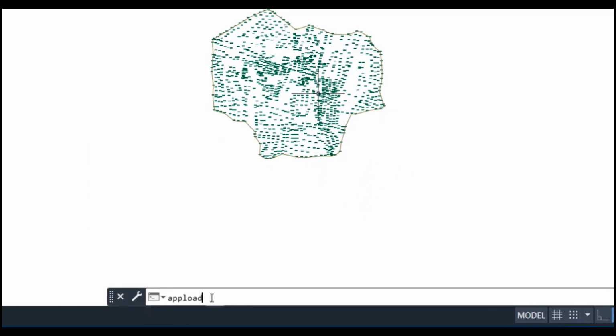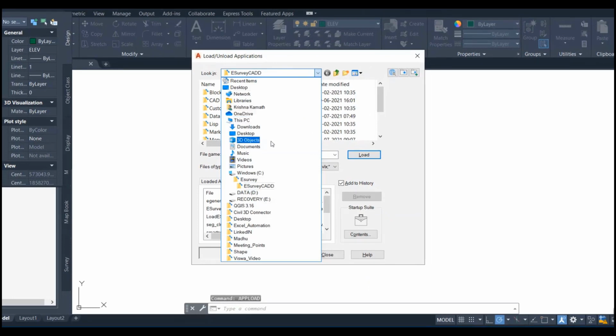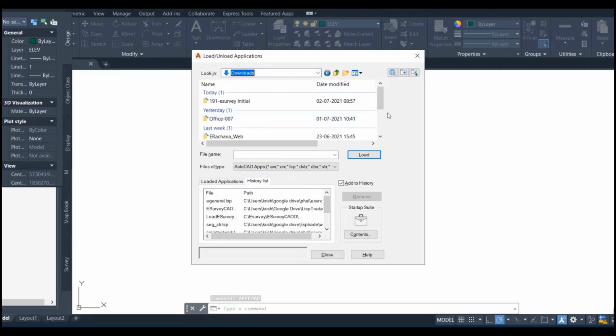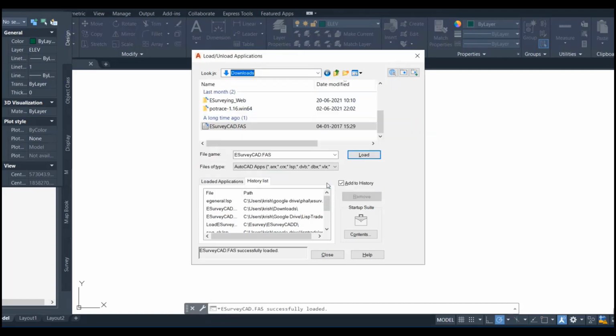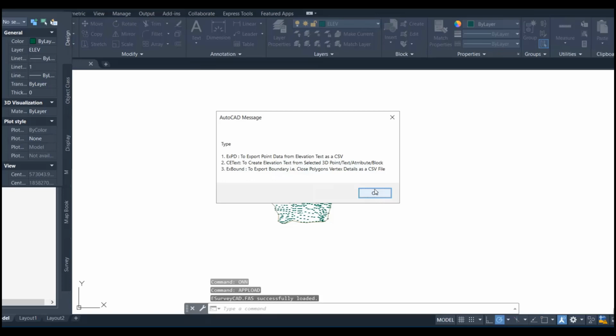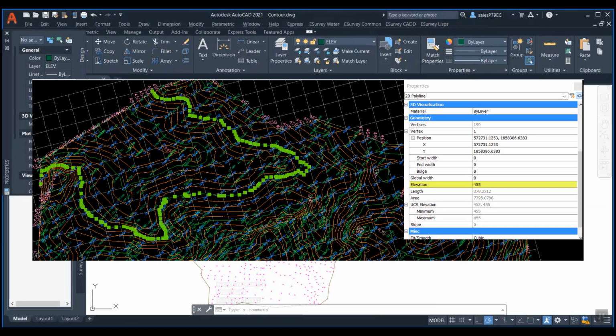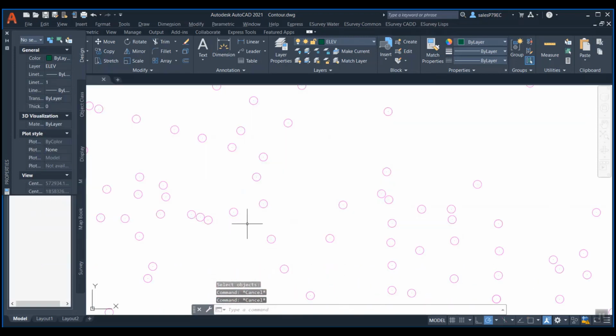Using the APPLOAD command, load the downloaded esurveycad.lsp file.